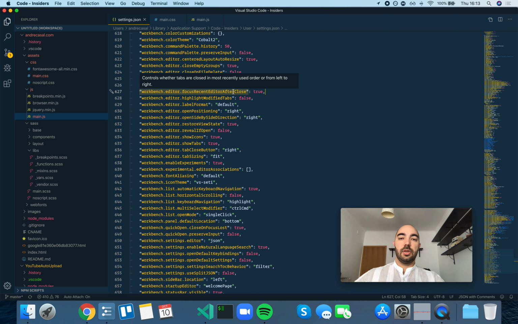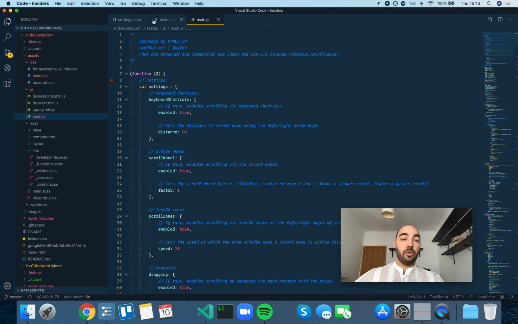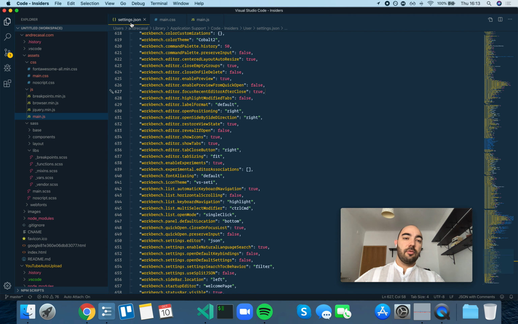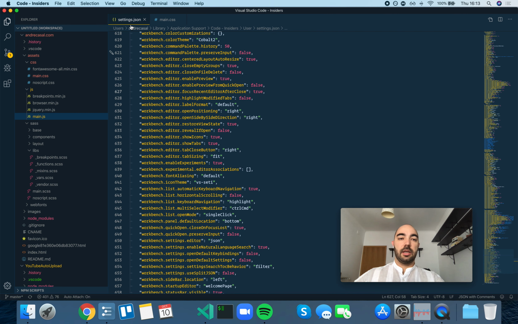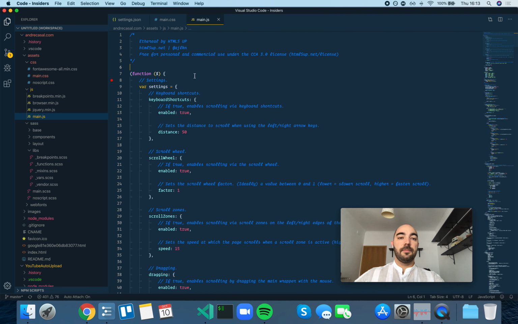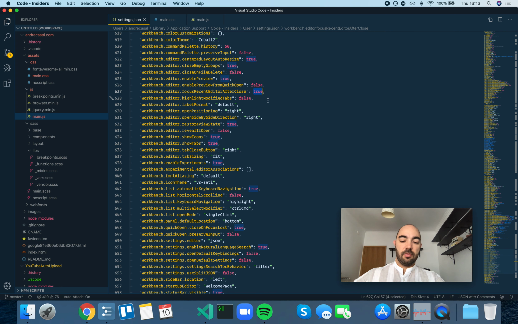most recently used. For example, we have three editors opened here, and if we switch from the settings.json file to the main.js without going through the main.css, and we close this one, we're going to jump back into the most recently used editor, right? If we set the setting to false and we jump from this file to this file and we close